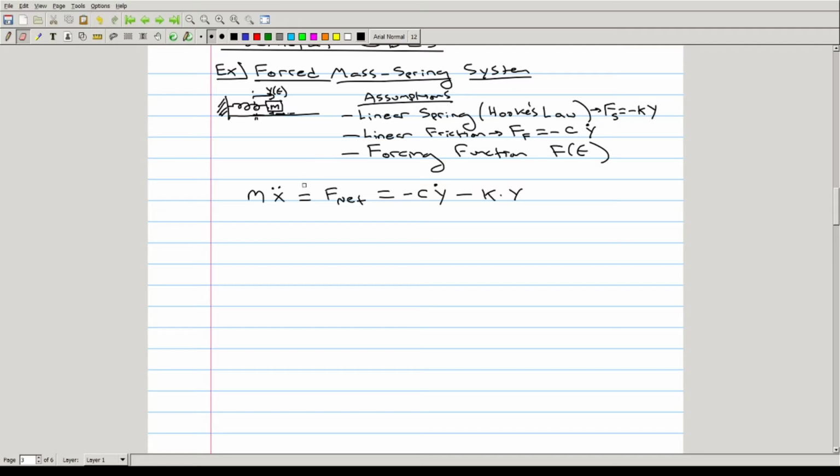Oh, and this should be y double dot right here. Plus the forcing function, which is the external force acting on the spring, whatever that will be. Which can be rewritten as m y double dot plus c times y dot plus k times y is equal to F of t,